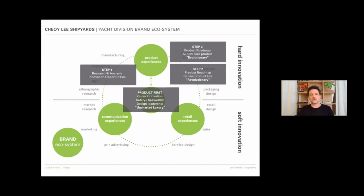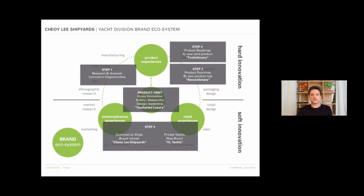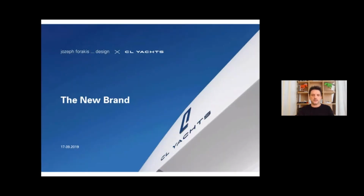So where we are today is that the first element, which you see here as step three, to present itself to the public, is the rebranding of the group itself, where today we've identified two unique separate brands. One is Chorley Shipyards, which produces the commercial ships and tugboats, and then CL Yachts, which is the division wholly focused on private yachts for series production, which is an all-new brand. So this is a brief story, an introduction of the new brand,